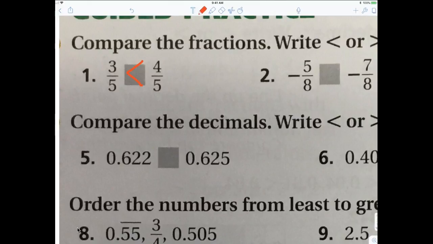But let's just say for some strange reason I didn't know. There's a technique that when you compare fractions, listen to me. There's a technique when you compare fractions, which is to multiply, kind of the numerator, please watch. I'm going to multiply this 3 times this 5, and then I'm going to put it right above this fraction. And then I'm going to write this 4 times this 5, and I'm going to put it,